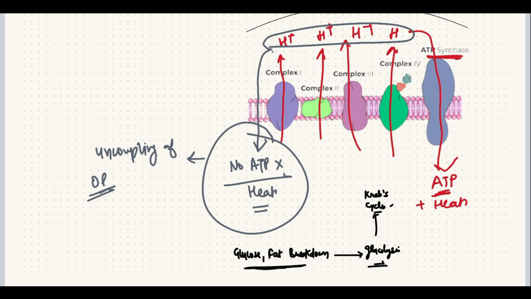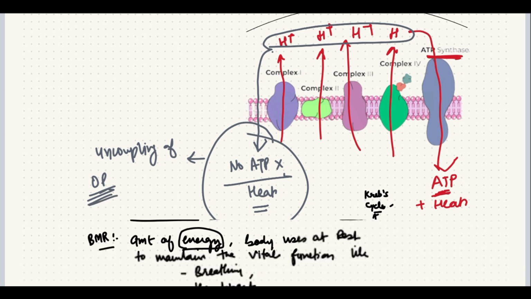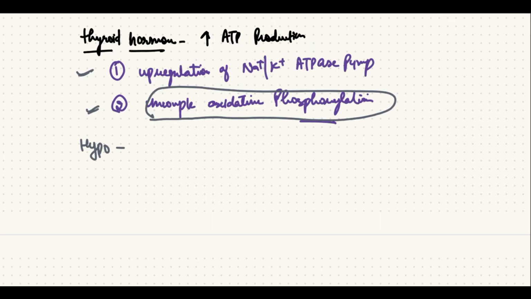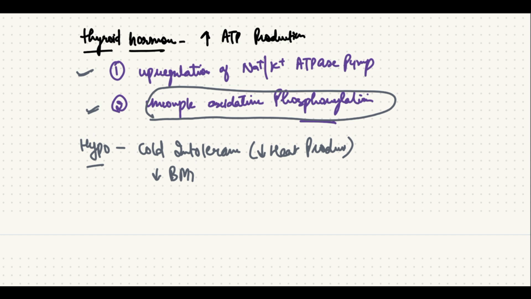This is a key mechanism through which the thyroid hormones increase BMR and heat production. That's how the thyroid hormones produce heat: by the upregulation of the sodium-potassium ATPase pump and by the uncoupling of oxidative phosphorylation. In hypothyroidism, there is cold intolerance because of decreased heat production, so decreased BMR, and there is a decreased respiratory rate and depth,